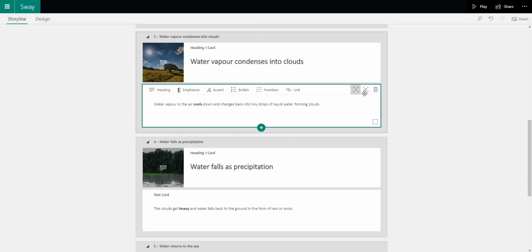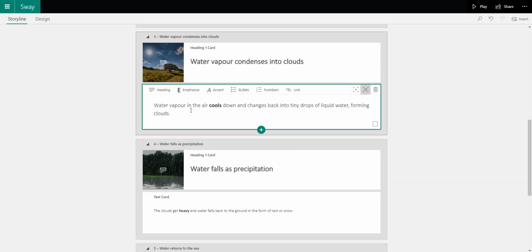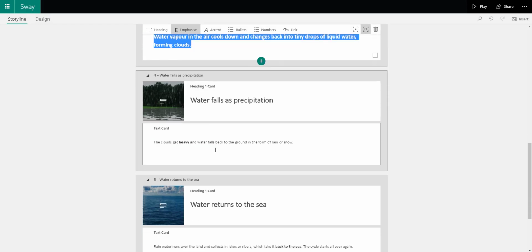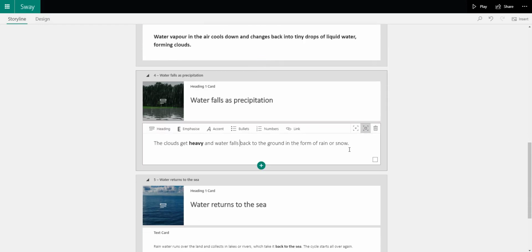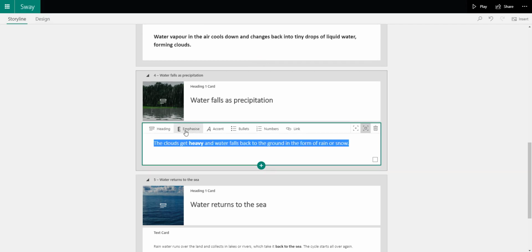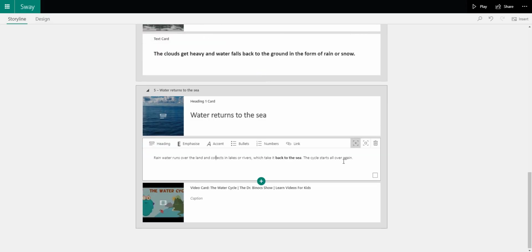And I'm going to do this for the next 3. So make it medium size, highlight, emphasize. So click, medium, highlight, emphasize. And the last one,